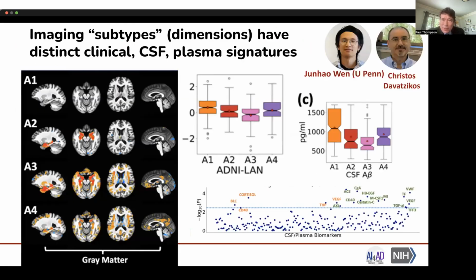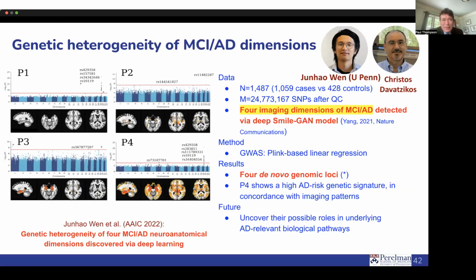And Christos Davatzikos and Zhenhao Wen at University of Pennsylvania also discovered 4 subtypes of atrophy in the brain that are associated with different and distinct clinical CSF and plasma signatures. And this is exciting for genetics, because if you could analyze the contribution of different processes to aging and dementia, you could essentially give each one a score and do genomic analysis of those scores. And so they've been doing genome-wide screening of the coefficients or the loadings on these profiles estimated from new individual